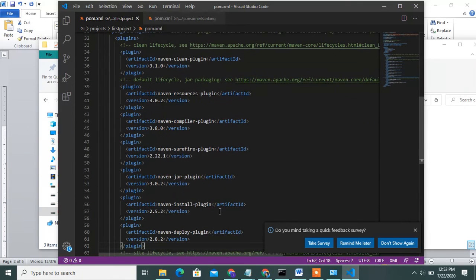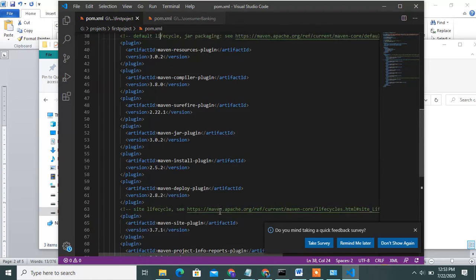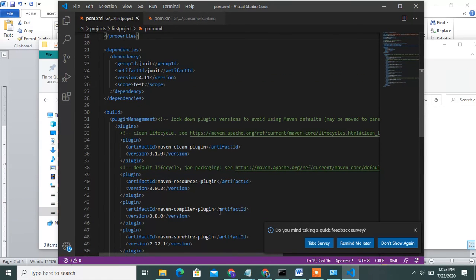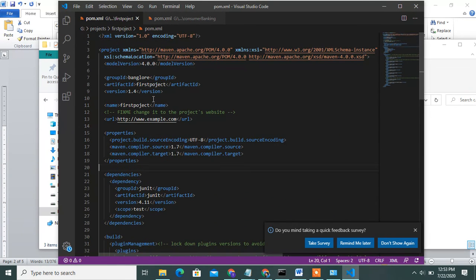This is a Maven project. Then you can also mention the Tomcat plugin. I will show you the Tomcat installation next class or after class. First of all, this is the pom.xml code.